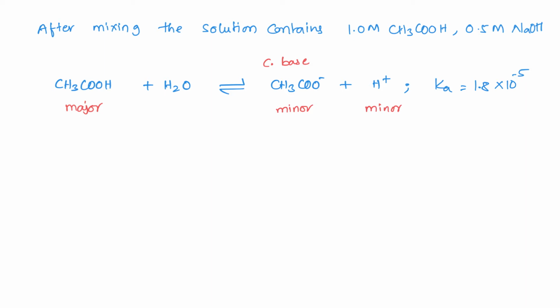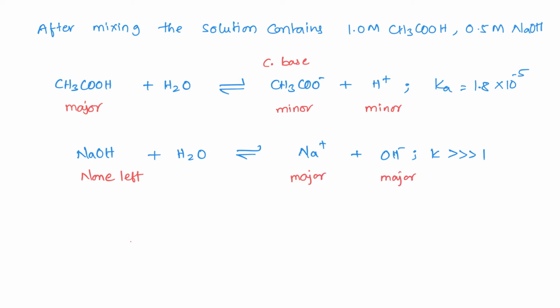Let us now see what happens with sodium hydroxide. Sodium hydroxide reacts with water to form Na+ and OH- ions. And sodium hydroxide is a strong base, which means it dissociates 100%. Therefore, at equilibrium, we do not have any undissociated sodium hydroxide in the solution, and the major species are Na+